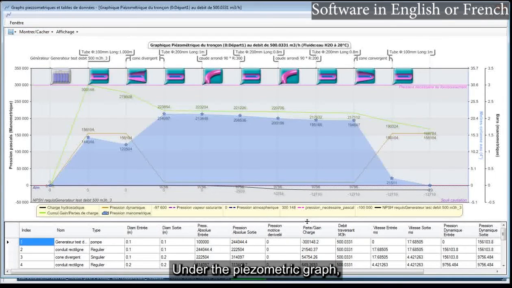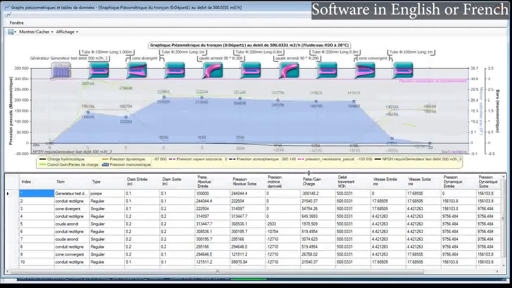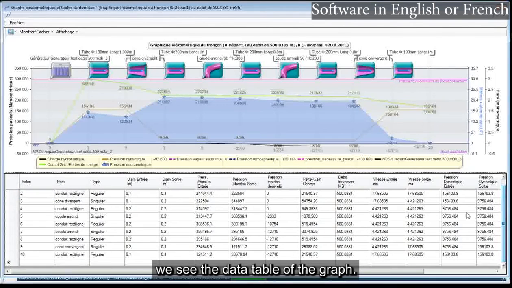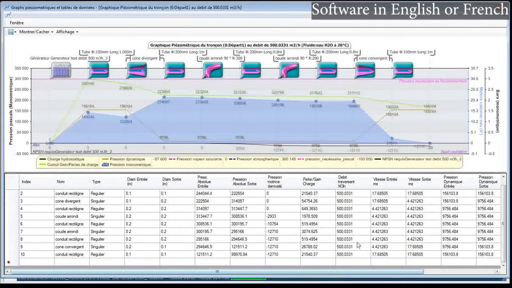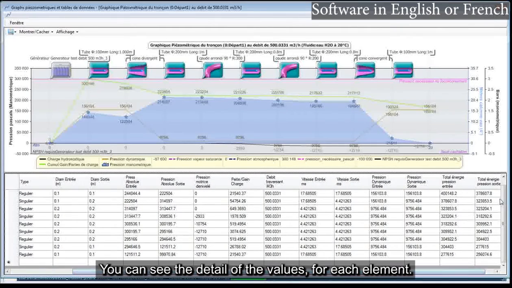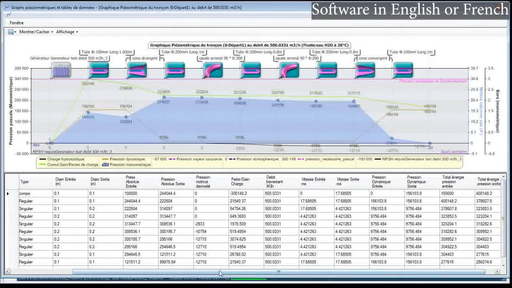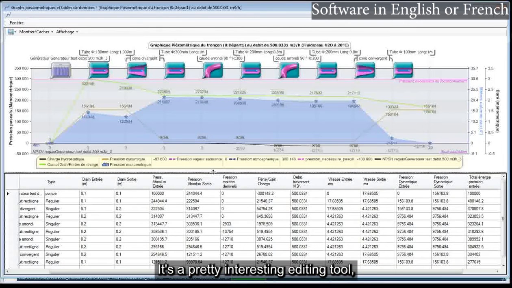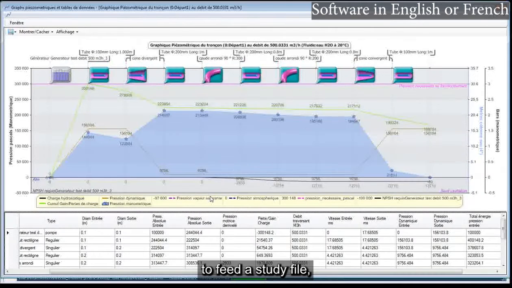Under the piezometric graph, we see the data table of the graph. You can see the detail of the values for each element. It's a pretty interesting editing tool to feed a study file.